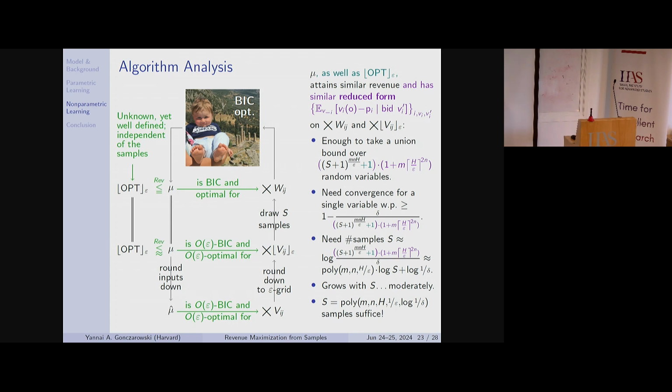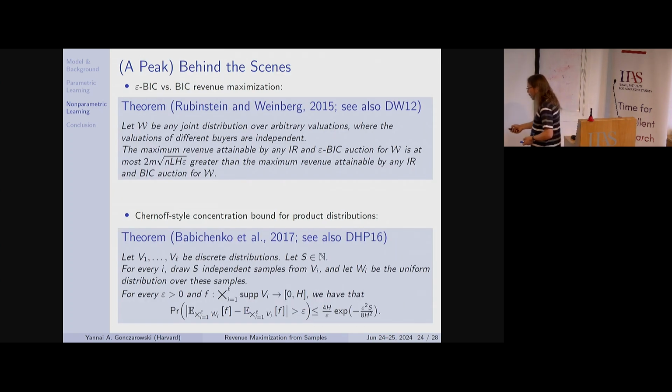Okay, so standard off-the-shelf Azuma, Chernoff-Hoeffding, your favorite, will not work here. We need something else. Very fortunately, about a year before we wrote our paper, no, it's actually a few more years because 2017 is already the journal version, in a very different context, Yakov Babichenko et al. proved a very nice Chernoff-Hoeffding equivalent exactly for reproductized distributions over samples for the independent case. So this exists and this is useful.